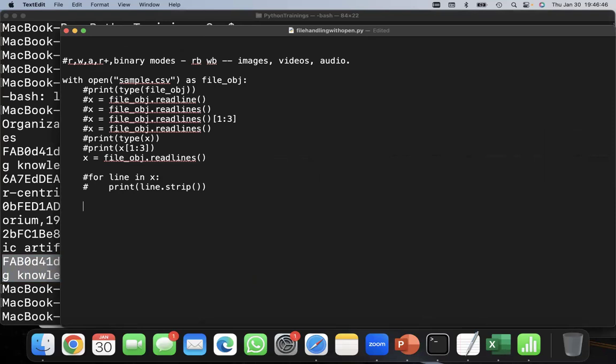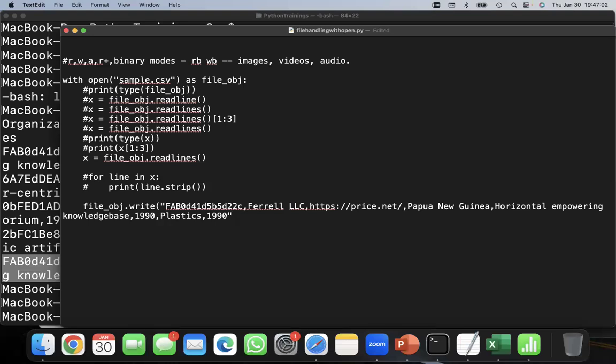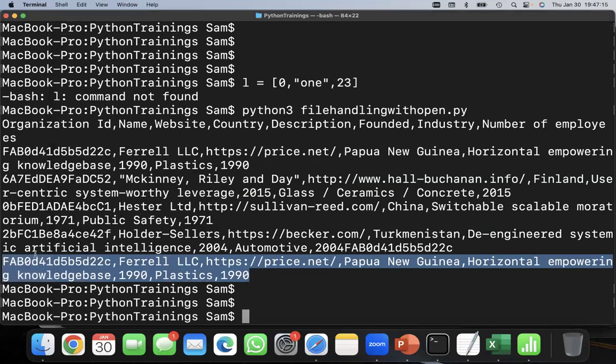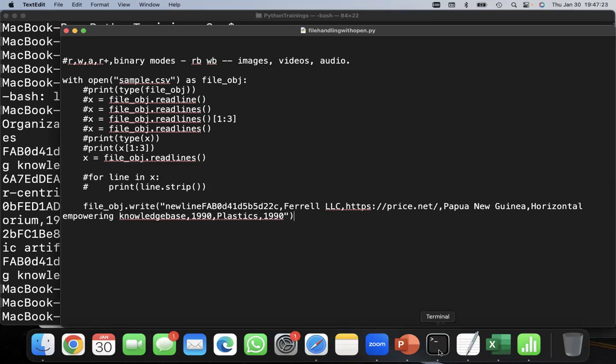So what is my file object? file_object.write, the same method that we had before, right? And here within the quotes, I'm trying to put, say, new line. Let me run this. I just copied, right? I printed all the lines. I picked up one line. Instead of typing everything, I'm trying to see what happens now. Once I execute it,